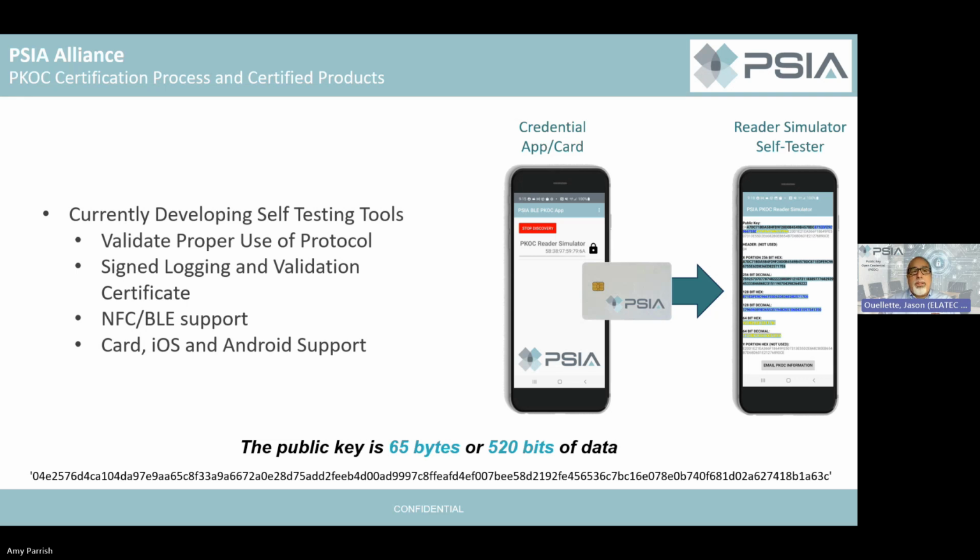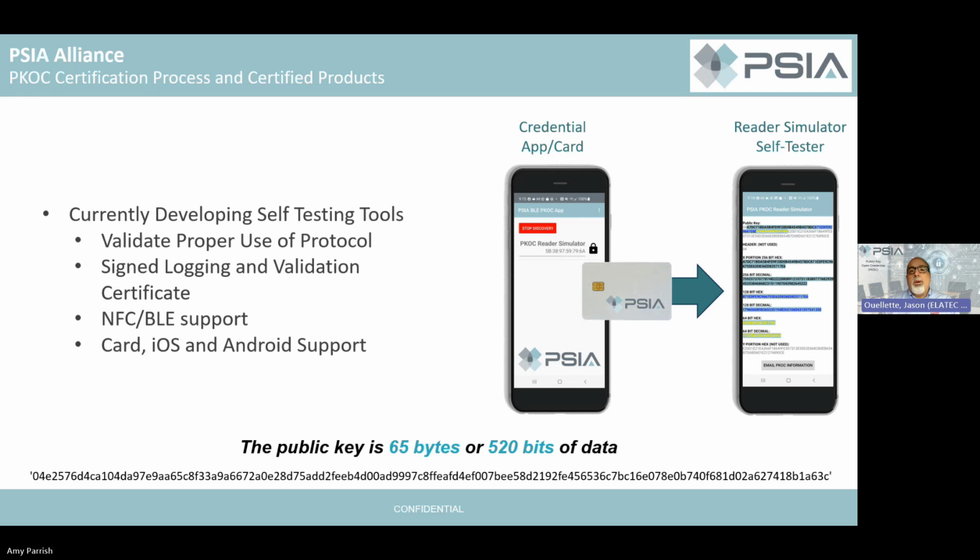But we are building tools, and the screenshots that you see here are tools available from the Physical Security Interoperability Alliance that give you the credential on the left, as well as, if you're using any of the NFC cards, on the right-hand side is the reader simulator that supports both NFC and Bluetooth. And this app, what you can see at the bottom of the screen is what the full public key looks like, the 65 bytes or 520 bits. But on the screen of the mobile device, it's actually giving you the breakdown of how that public key is